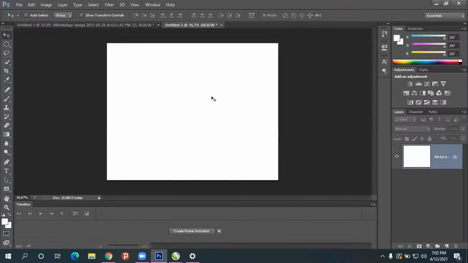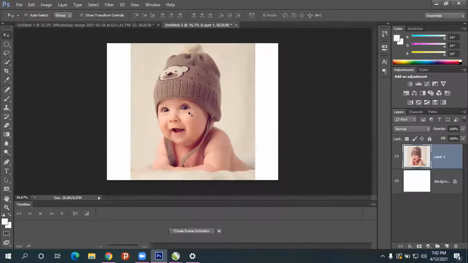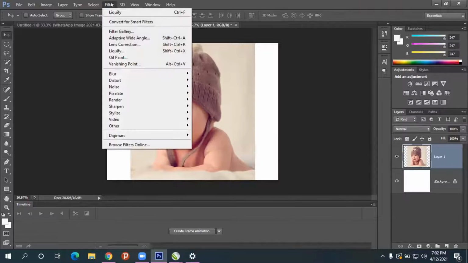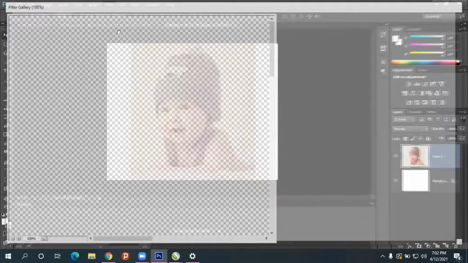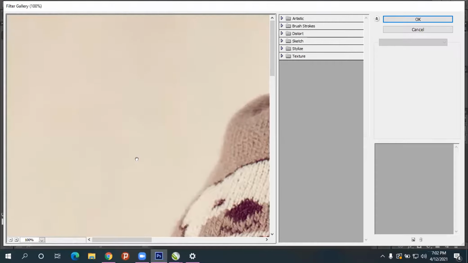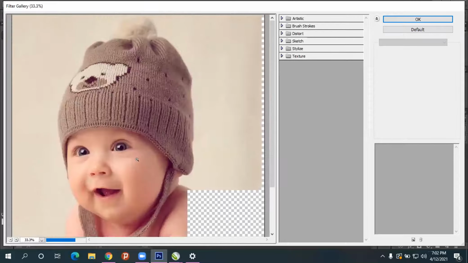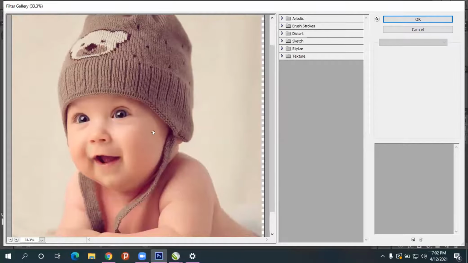I'll just paste, press Control T, and maximize. After this, go to the filter menu. Liquify we already saw. In that you will see Filter Gallery. Click on that, and press Control minus to zoom out. We'll be seeing it like this.